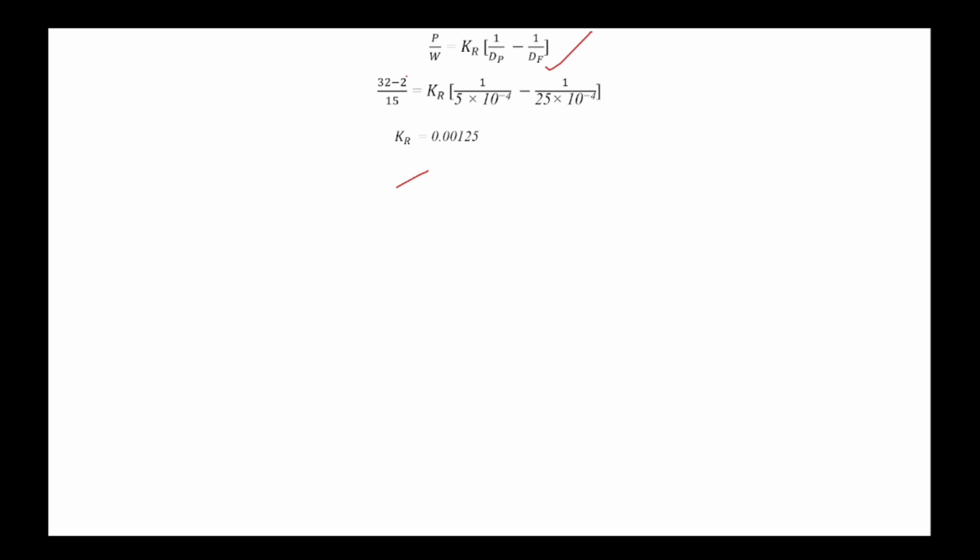Now the question is saying that from the same feed, the product of 5 into 10 to the power minus 4 is reduced to 10 to the power minus 4. So again we have to calculate the power. Now we have calculated Rittinger's constant, and this time we have to calculate the power for reducing the product size from 5 into 10 to the power minus 4 down to 10 to the power minus 4. Putting all the values in Rittinger's law again and calculating, it will give power equal to